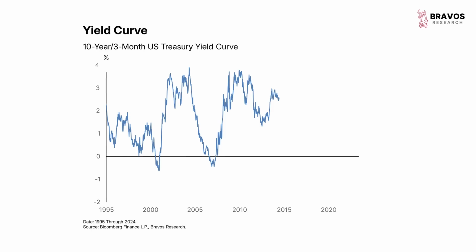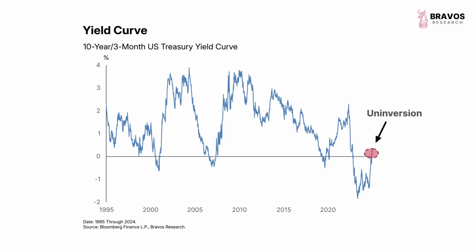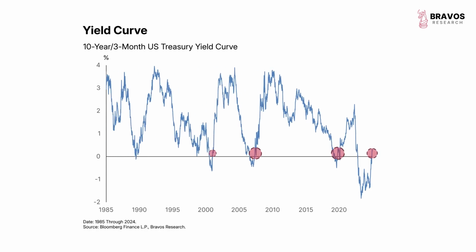One of the most widely followed versions of the yield curve has just done something extremely rare. It's done what's called an uninversion. Throughout history, these uninversions have been flawless recession signals. Every time that this happens, something is going on in the US economy that makes a recession almost inevitable in